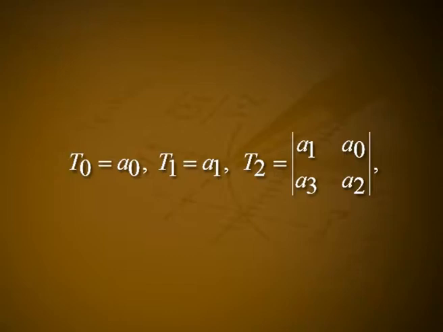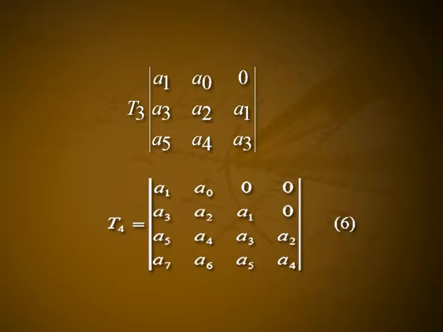negative. The conditions for this are given by the Routh-Hurwitz criterion, which states that the roots of a0 x^n + a1 x^(n-1) + etc. + an = 0, where a0 is greater than 0, will have negative real parts if and only if T0, T1 etc. are positive, where T0 = a0, T1 = a1, T2 = determinant of a1 a0; a3 a2, T3 = determinant of a1 a0 0; a3 a2 a1; a5 a4 a3 and so on.